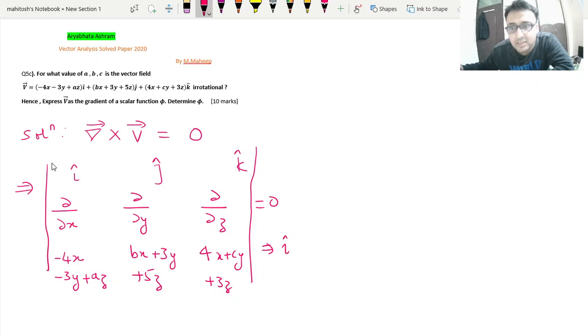So we can write this as i cap, del by del y of this. So this is how much? c. And there are no other y terms. Minus of del by del z. So what is z here? So this we can write as 5. Okay, 5z, minus j. So we keep this as, so del by del x. So this is nothing but 4, minus of del z. So this is how much?